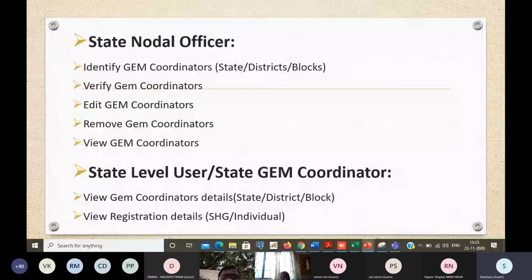By logging into the system, they can verify through the OTP whether the OTP is getting into the mobile number or not, or whether they are getting the email ID they entered. So once they verify through the OTP received on the mobile and the email ID, then the